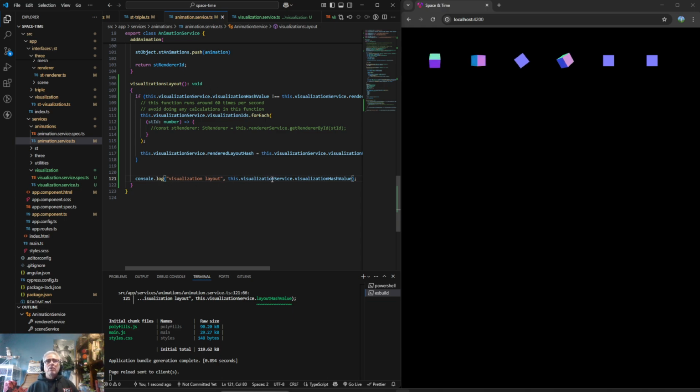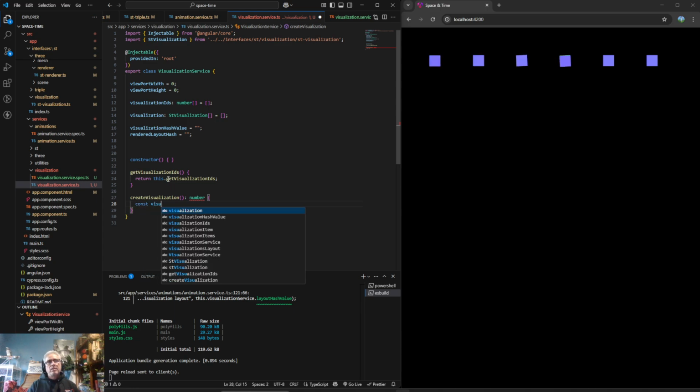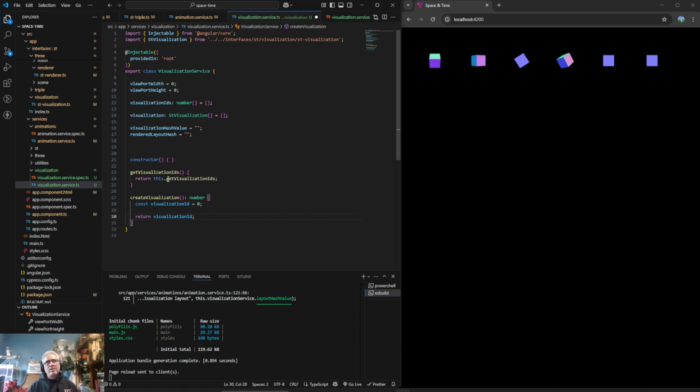And we probably need to go to our visualization service. Let's say go to definition and do a create visualization. And that is going to return a number. And then const visualizationId is equal to 0. Return visualizationId. So basically we're going to have to get a new unique ID from our ID service that we have. And we'll return the visualization, and this is going to accept, you know,